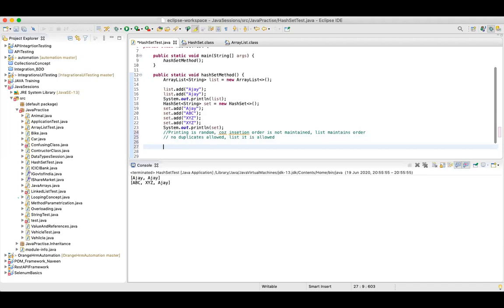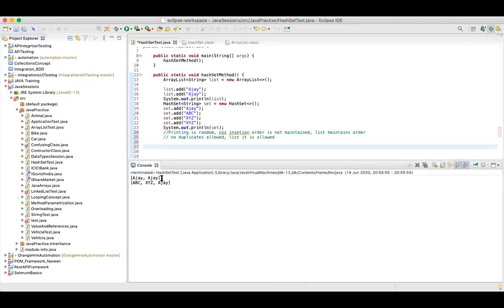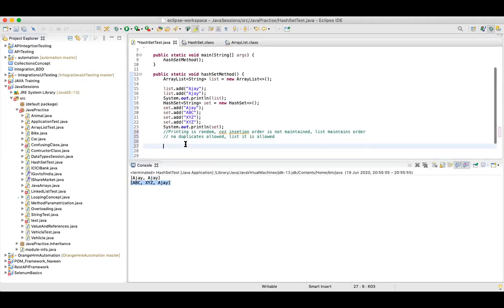Now what is the next point? We have added something, and now iterating. We have printed the entire list, or you can say the entire set. If you want to print each element of this particular set, the simplest way I will tell you is for each. The simplest mechanism to print all the elements is for each. You have to do nothing. It's much simpler than the for loop as well.